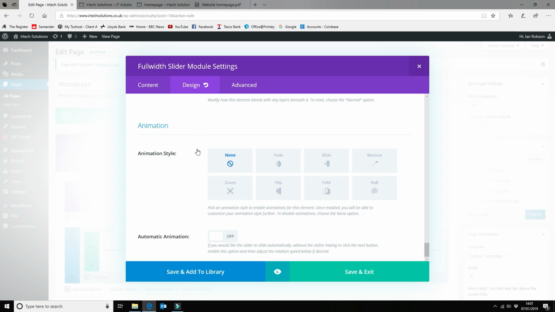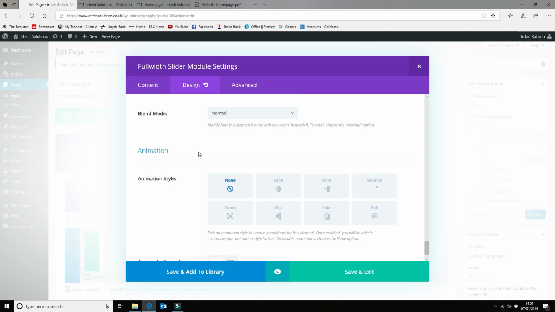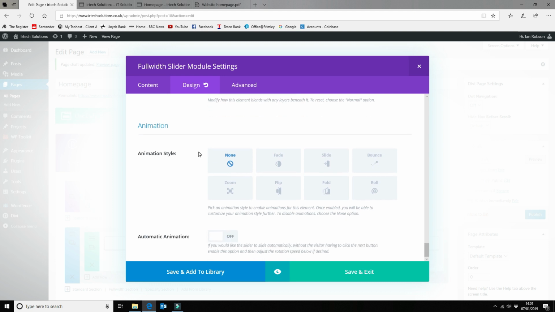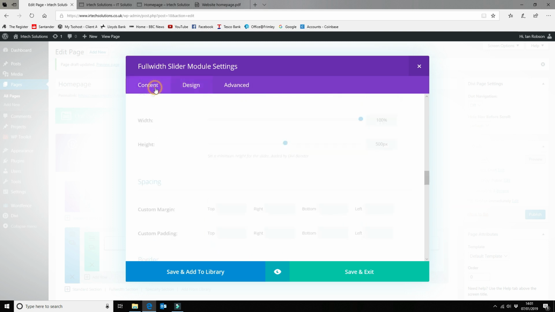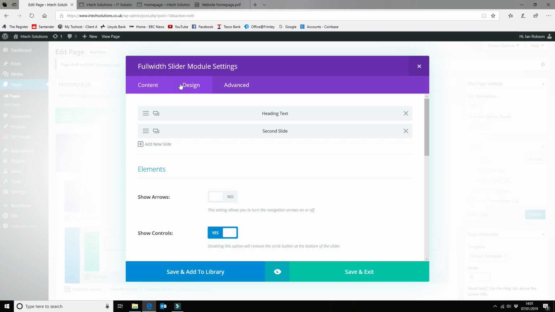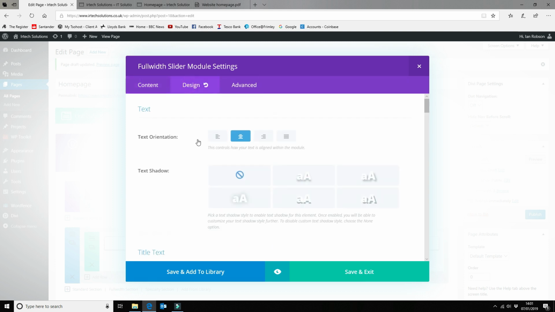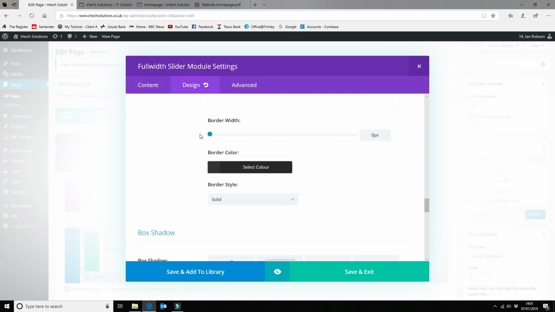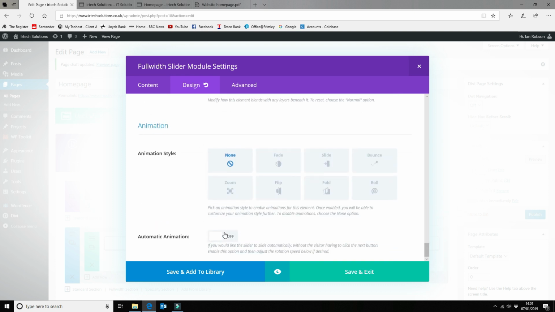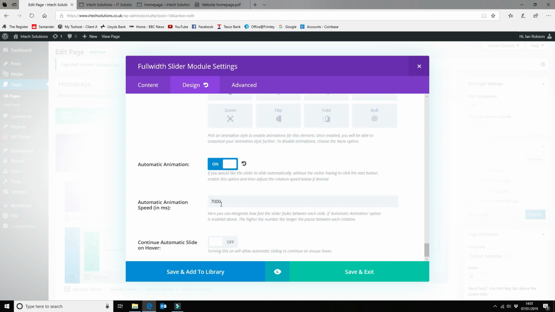Okay, so because I've switched off the left and right arrows to navigate through the slider, I want the slider to move automatically. So this is the option here. So on your slider customization, you want to go to design, scroll all the way down to the bottom, and then you want automatic animation, and at the moment it's set for 7,000 milliseconds, so this is milliseconds, not seconds. So I want to set mine for 5 seconds,